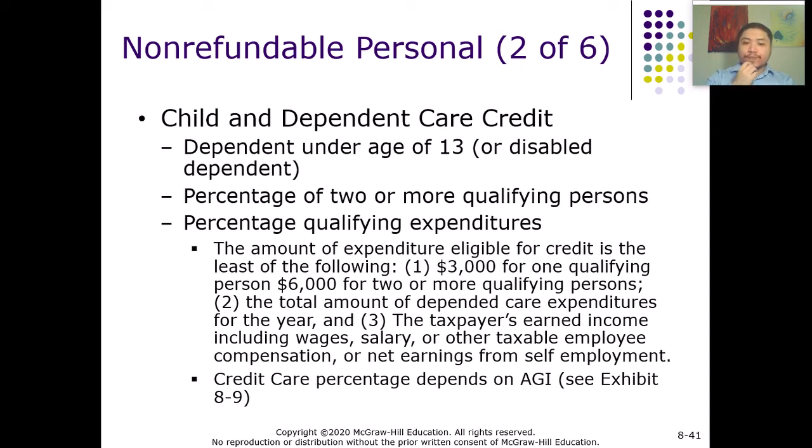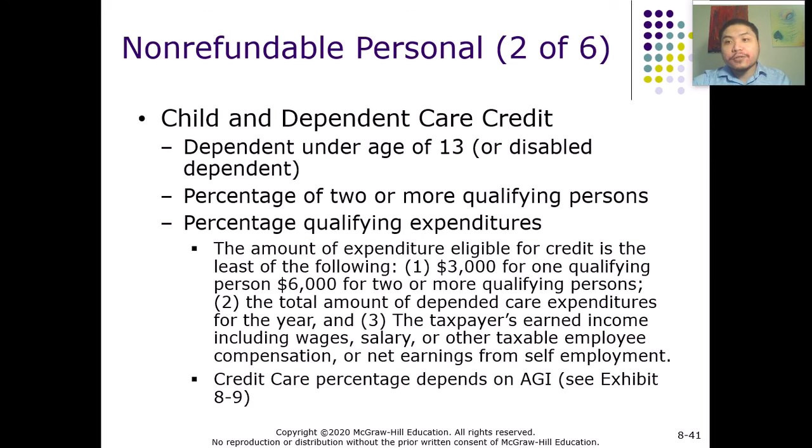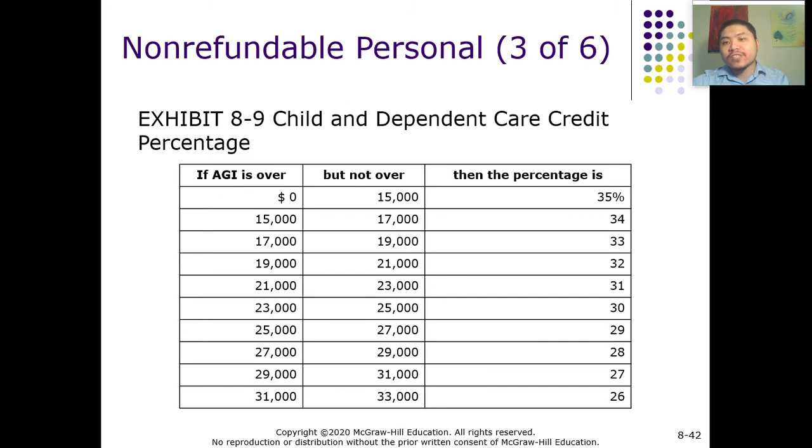Right. So for the predetermined percentage, there's a schedule. So let's see. Depending on the AGI of the taxpayers, we have different percentages that we can use to calculate the tax credits, right? So, for example, in the first case, if the AGI is anywhere between $0 to $50,000, then the percentage is going to be 35%, right? So, let's say the person used $3,000 of expenditure here, then it's going to be 35% times $3,000, right? And whatever the result is going to be the amount, the tax credit that the person can use, right?